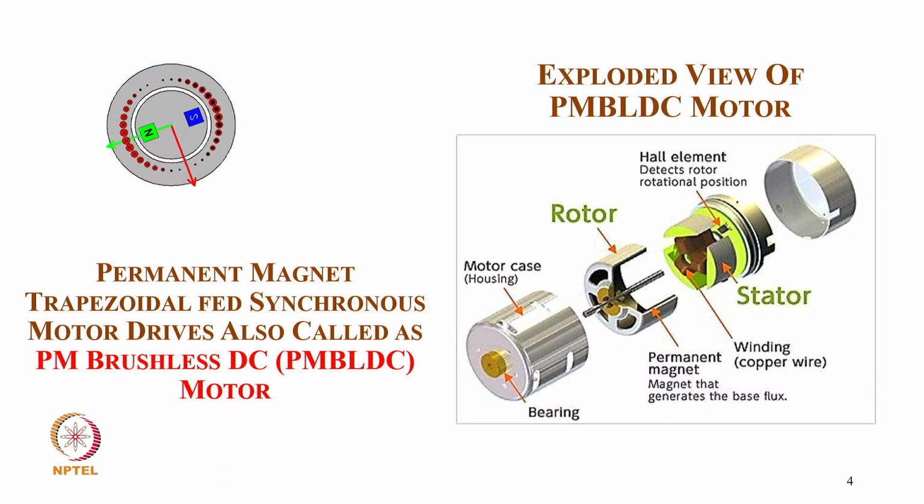trapezoidal fed synchronous motor drive, also called permanent magnet brushless DC motor drive. And you can see the different parts. Of course, we have a magnet on the rotor, and we have a stator winding on the stator, three-phase, not necessarily three-phase winding, but of course there may be two-phase or more than two-phase also. And of course, we need the encoder to synchronize the excitation of the stator winding with typically the